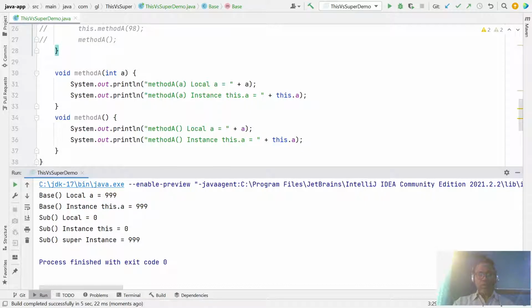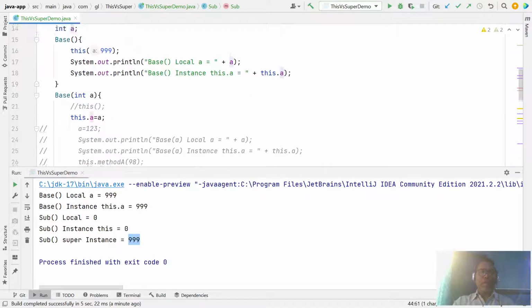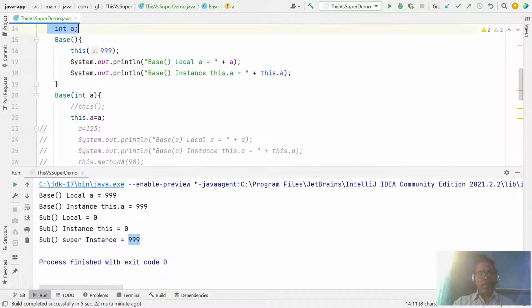Here there is no local variable, so a is your instance variable, which is 0. Accessing a gives 0, accessing this dot a still gives 0, but accessing super dot a gives 99. That means you are accessing the variable of your superclass, which is initialized with 99.